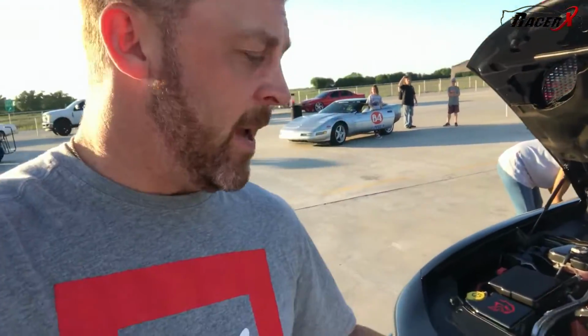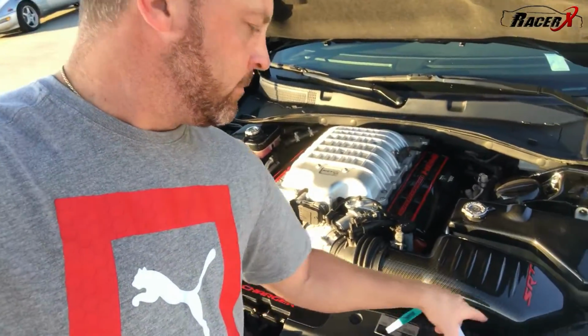Only takes a second. It's basically three little screws right here. And then it's pretty much a done deal. Pull it out, bolt it back, and then when we're done, I put it right back in. It's that simple. And then we'll also lower the tire pressures on the back. We'll start tonight at about 20 PSI, and then we'll lower it or take it up, depending upon what the